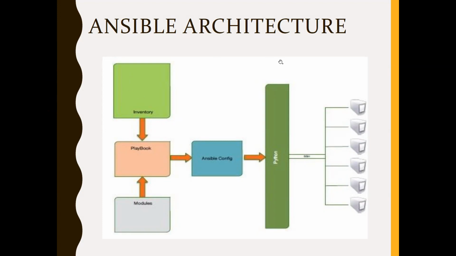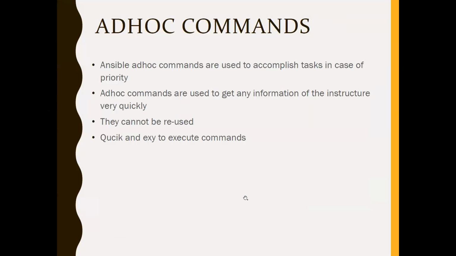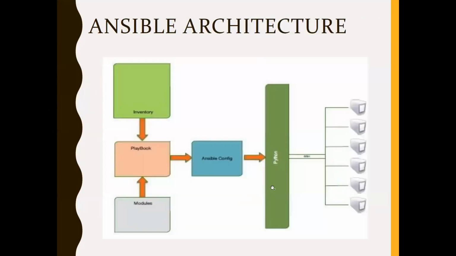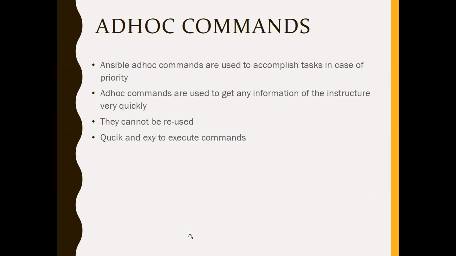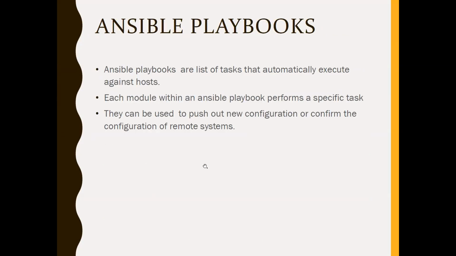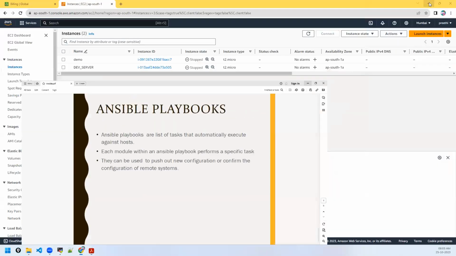Like I said, this should be your Ansible Linux server. This should be Linux only. That's another reason why we were using Linux for DevOps. Not only Ansible, but Kubernetes, Prometheus, and Puppet, all of them should be installed on Linux only. They can automate Windows targets, but the main server should be Linux only. And then come ad hoc commands and playbooks, all of which we will see. First, let's go for the setup now.